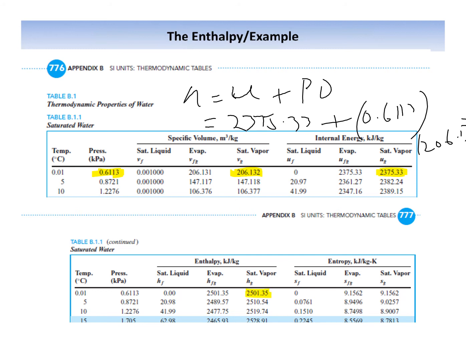You calculate it, it will come exactly 2501.35. So the enthalpy of saturated water vapors at 0.6113 kilopascal is equal to